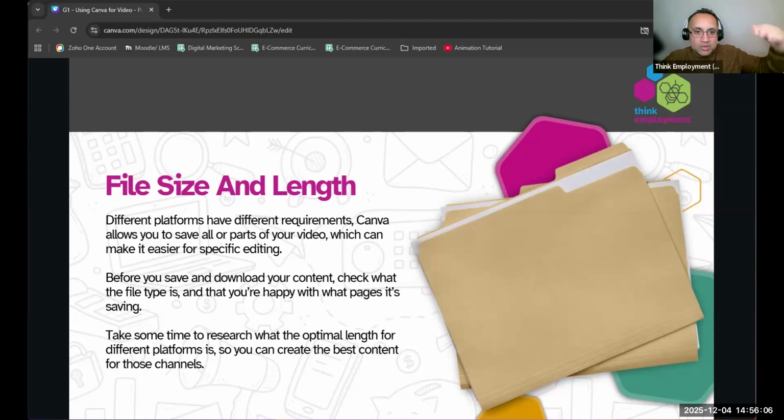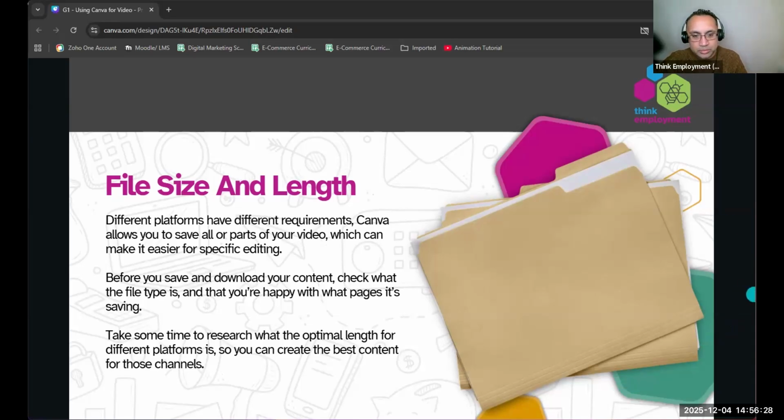It can always reduce the quality slightly or adjust it. But if you've got low quality, you can't make it better quality. So start off with good quality content, and good quality when it comes to the visuals and everything, higher resolution,